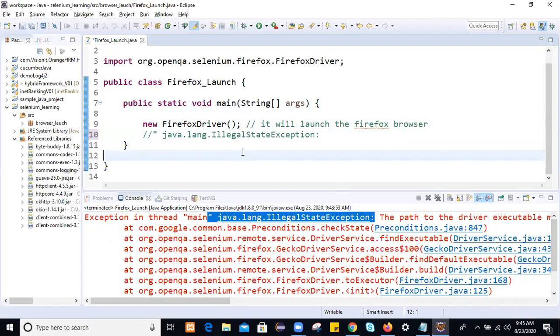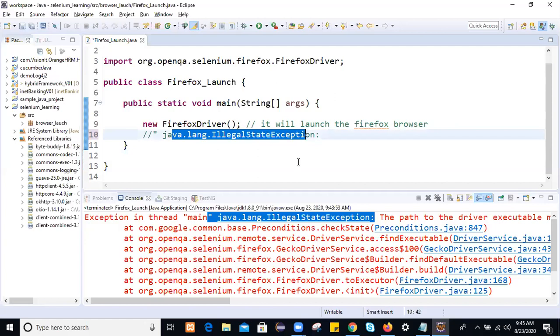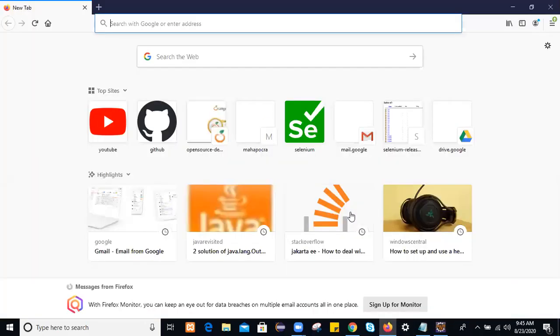Am I clear with this? Why are you getting this illegal state exception? Just because you are working with a third-party browser.